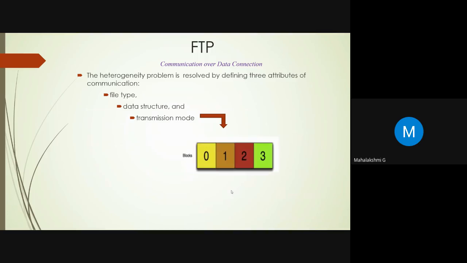But in block mode, data can be delivered from FTP to TCP in blocks. For each block, we have a 3-byte header. The first byte is called the block descriptor. The next 2 bytes define the size of the block, and it is represented in bytes. And the last one is